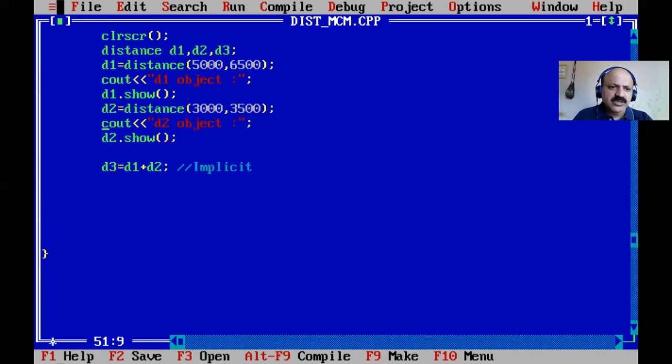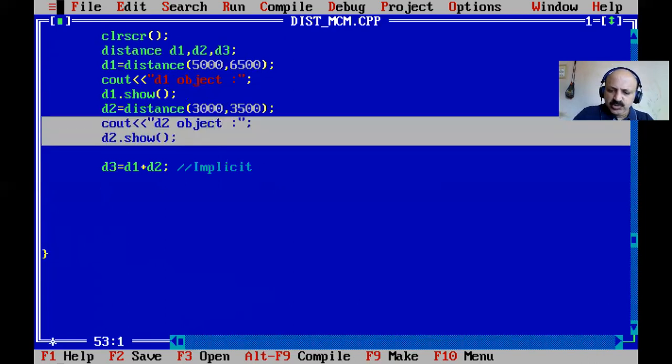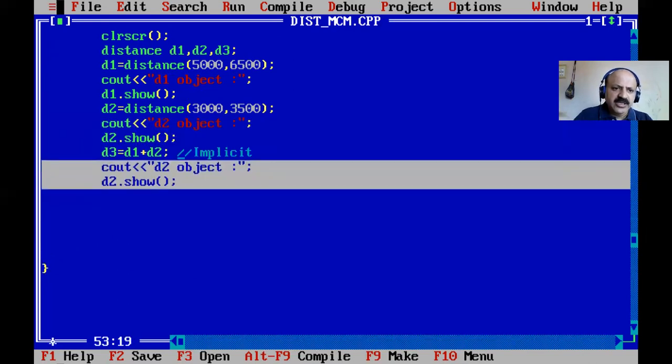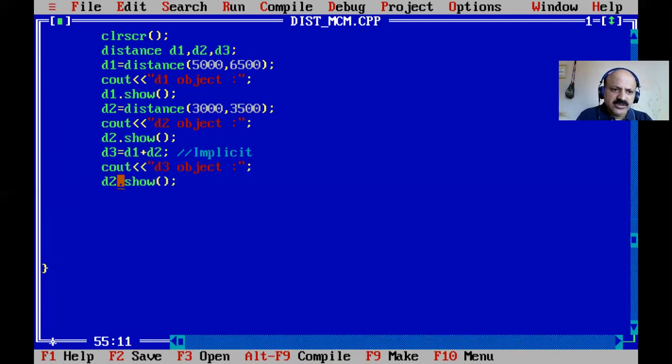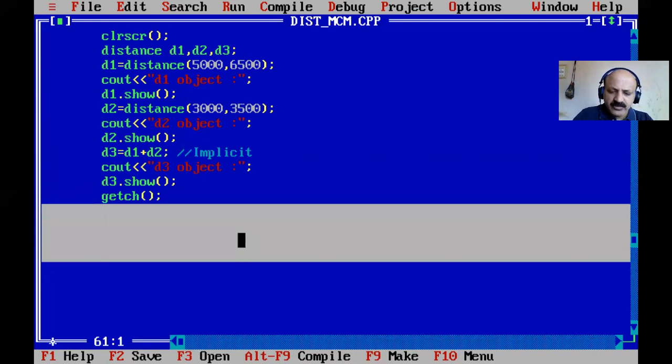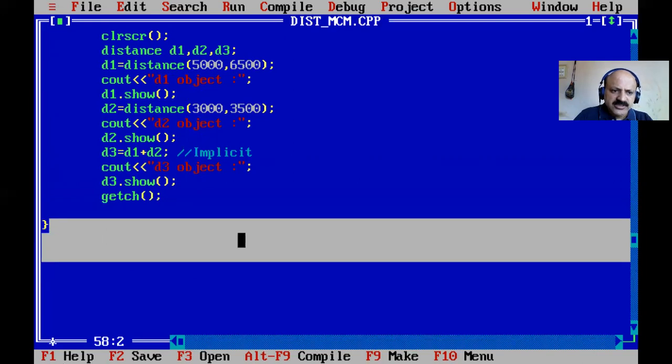Now I just copy these two lines with control insert and shift insert, so we can also print our D3. First I deselect so you can see easily, and then getch, and then I remove this blank, place it here, and deselect all.